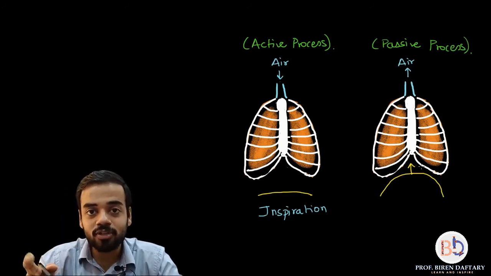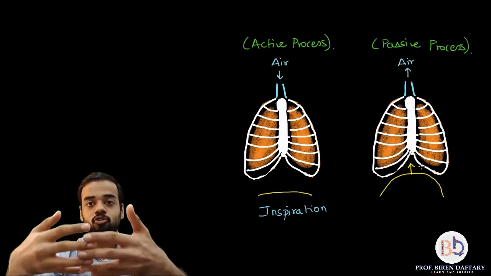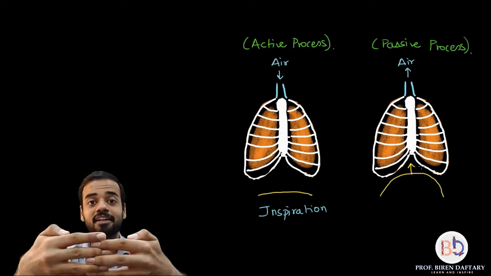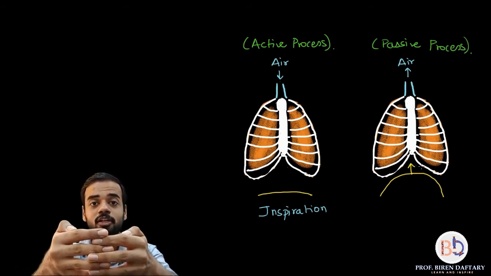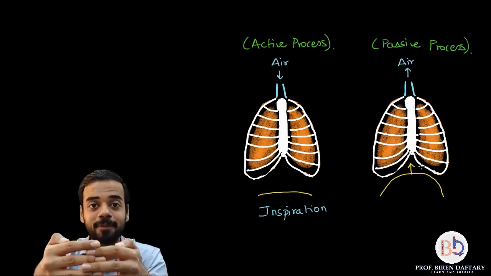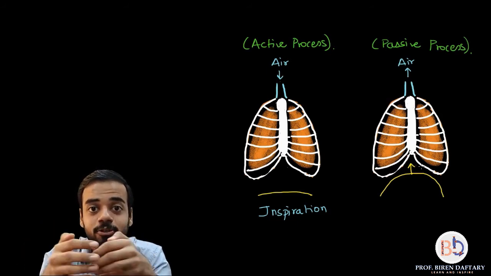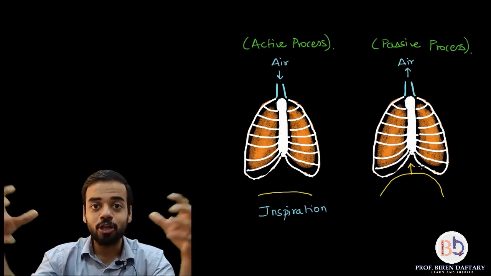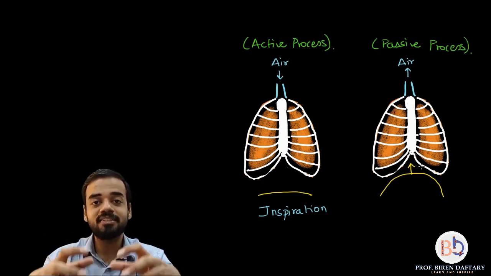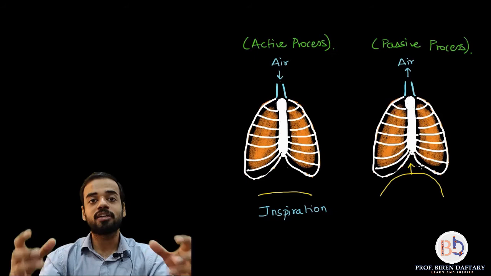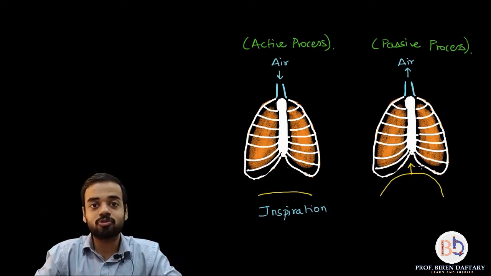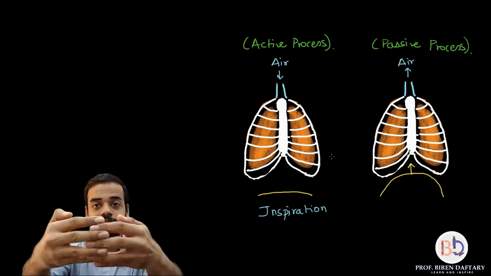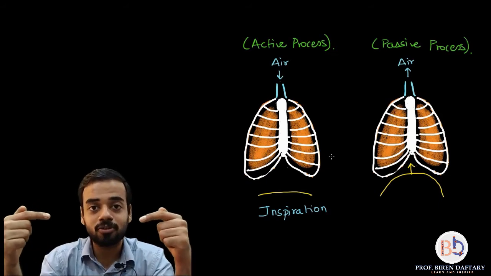The second thing which is going to relax is what? The intercostal muscles. So your rib cage is like this, correct? Now the intercostal muscles will relax, so their length will increase. So again the rib cage will close in a bit. So again the rib cage space, or the thoracic space, has reduced. Space from below has also reduced, space inside the ribs has also reduced. So all that is going to put pressure. See, your lungs are filled with air. Now suddenly the surrounding space is becoming less, so it is putting pressure. The diaphragm is putting pressure on the lungs from below, and the rib cage which has closed is putting pressure on the lungs from all sides.